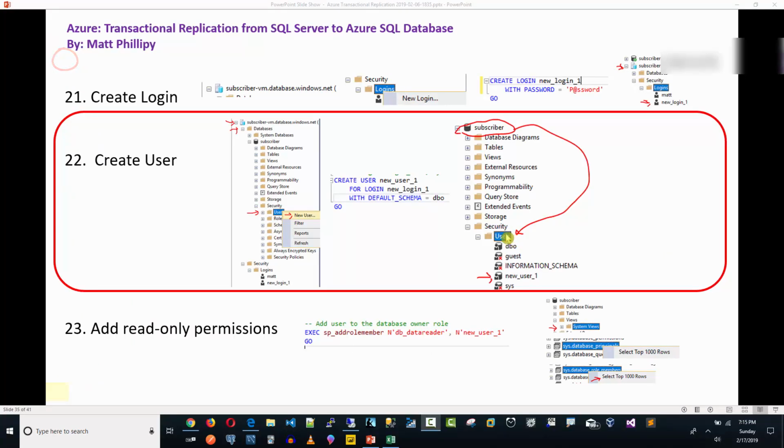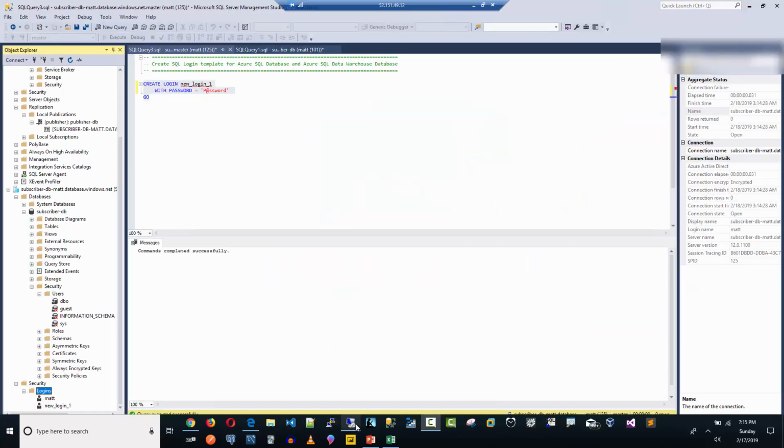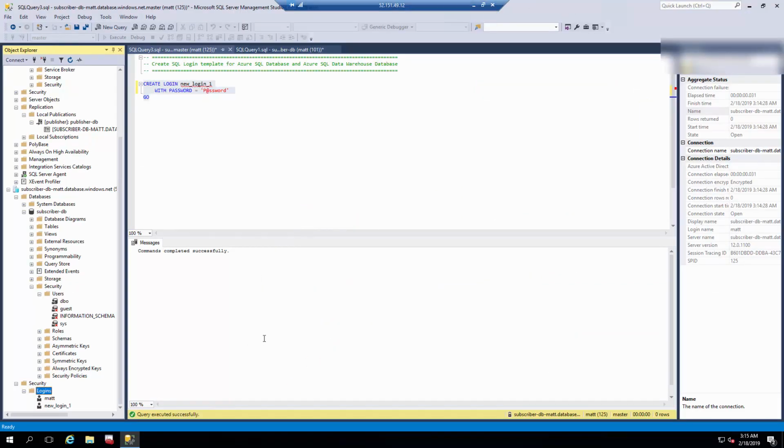Step 22, we're going to create a user for that login. So the login allows us to authenticate against the server, and then a user attached to a login gives us permissions to a specific database. So it's important for this, we're going to give permissions to subscribers, so we want to create a user in subscriber. So let's go back here to